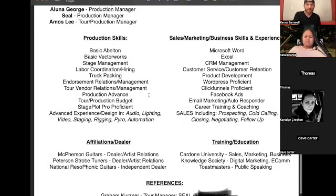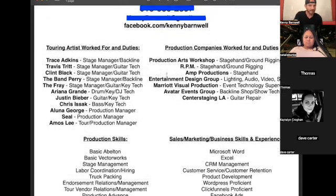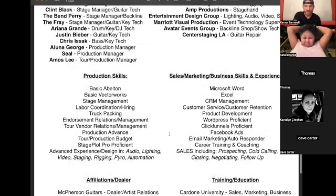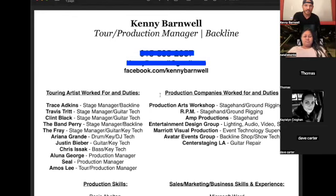Here's some more different types of skills. These are actually real skills. I brain dumped skills just to see if I can really think of some of the things that I know that could be relative to tour management, production management, and backline. Did I put backline up? Yeah, backline. And so I took off all the instrument stuff, because if I was actually creating a tour production and backline resume, I could put backline guitar tech on here, but if you notice, I added a lot more stage manager roles on this section,